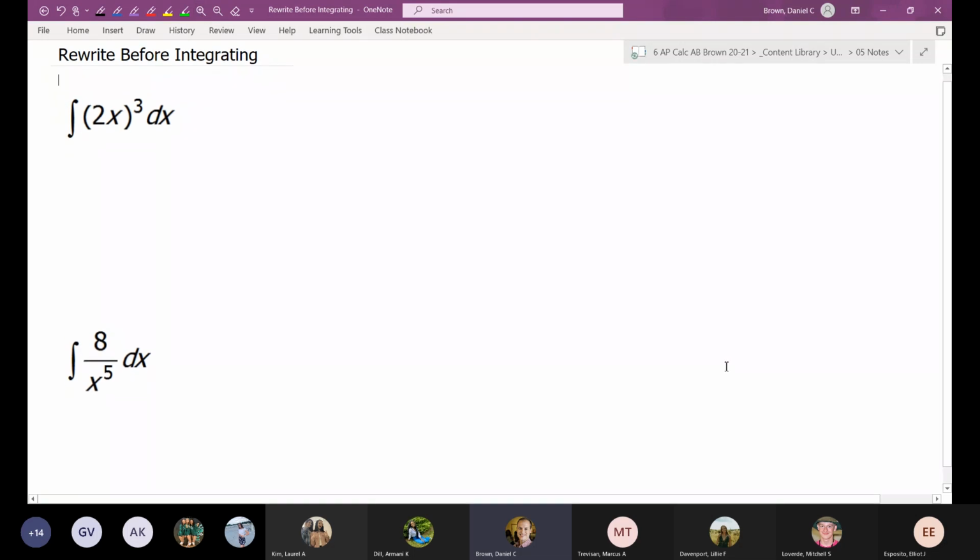To be clear, there is no chain rule for integrals. There is no power rule for integrals. And there is no quotient rule for integrals. Those are all for taking the derivative. So we're thinking about undoing those things, and those rules don't really have a reverse button. So for both of these, you would want to basically find a way to rewrite it and then find the